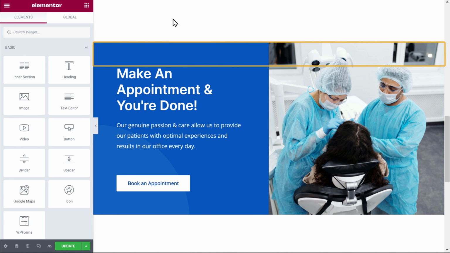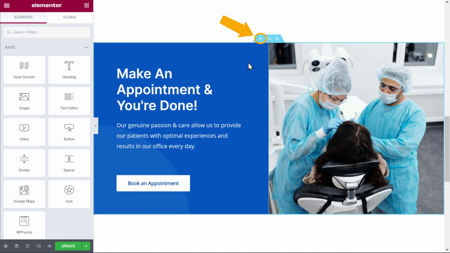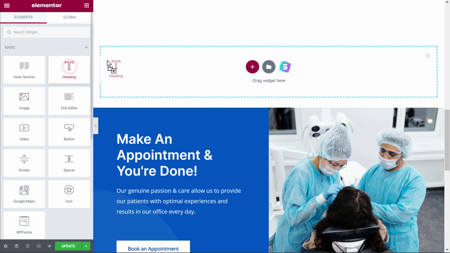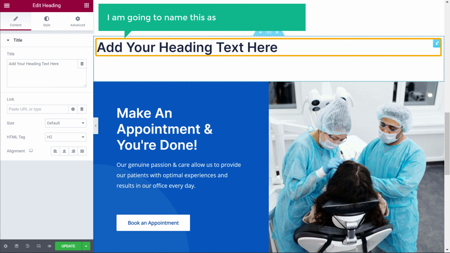Just go here and select the plus icon to add a new section. First, let's add the heading to our section. So just drag this element and drop it here. I'm going to name this as Book Our Services.